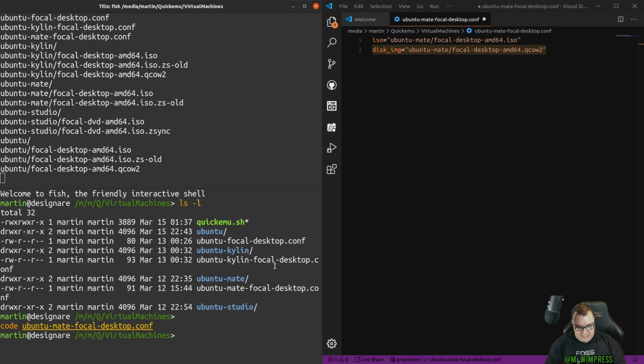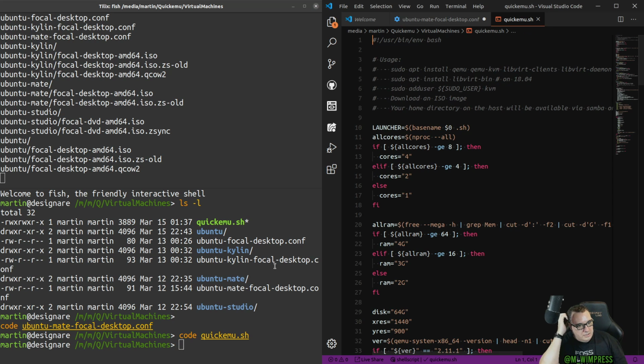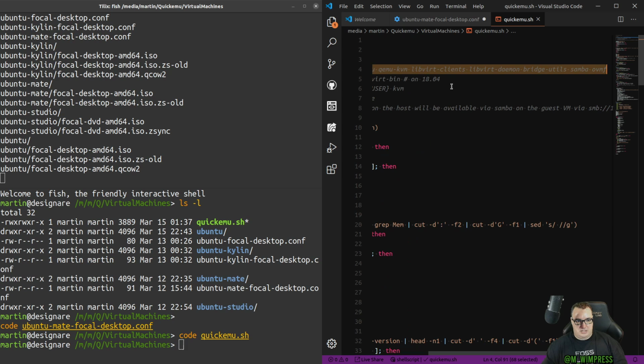So let's take a little look at the script itself. It's a bash script. I've just got some notes at the top here: how to install QEMU. So these are the bits that you need. And this OVMF is the